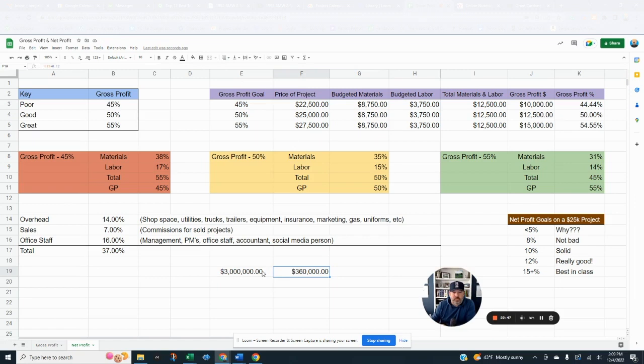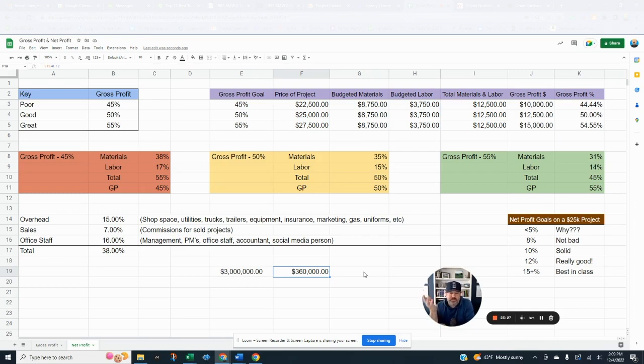But what should happen is you raise your prices, you make sure that you can get to this 50%. You get to a decent size where you're running at 38% of all these expenses, these indirect costs that get you to your net profit number, not your gross profit. And then all of a sudden you're making 12% on 3 million and you have 360 grand and you're taking a $250,000 bonus at the end of the year on top of your 100,000. Or once you get to that point, we're probably going to bump up your salary to 180 and then you're going to take a $120,000 bonus at the end of the year.